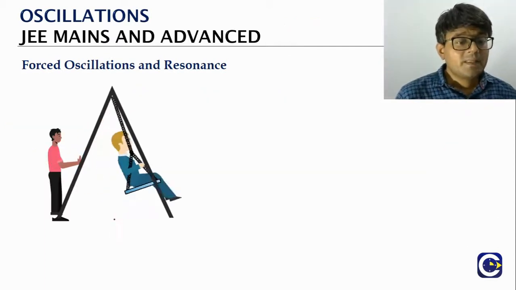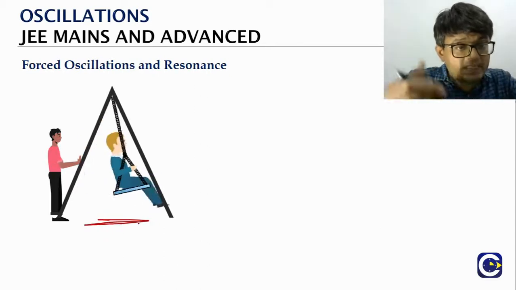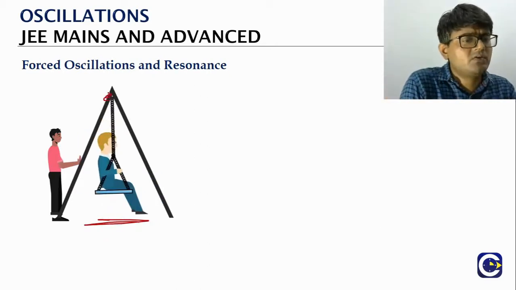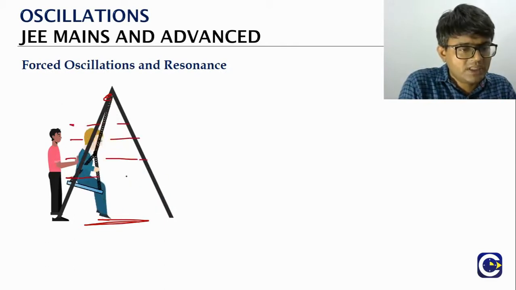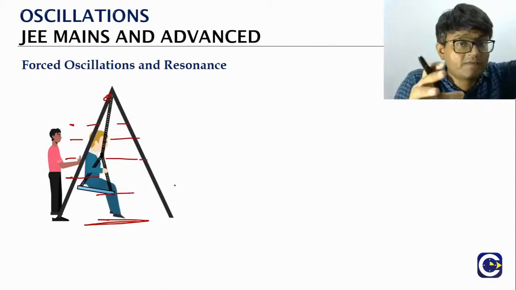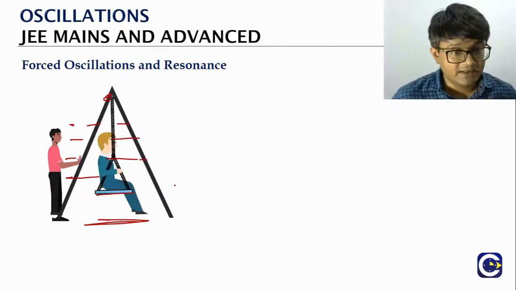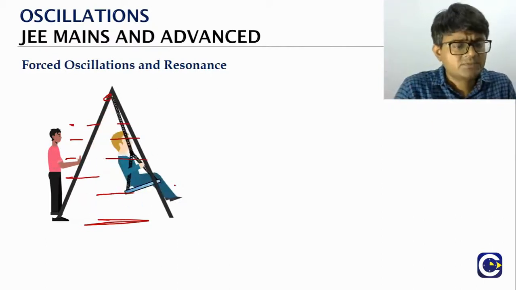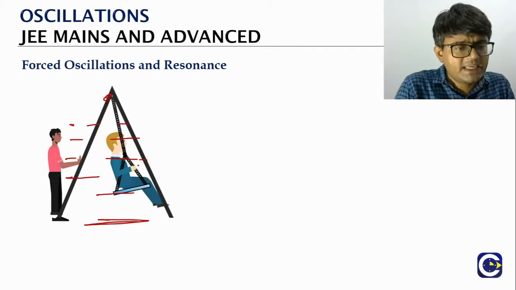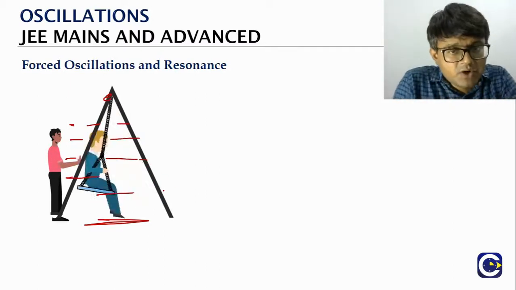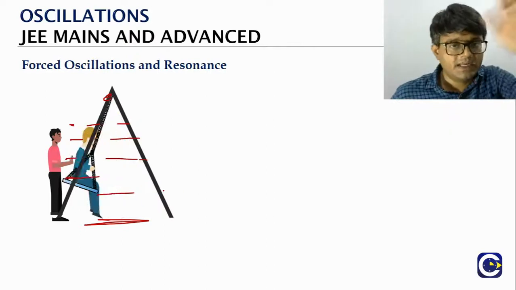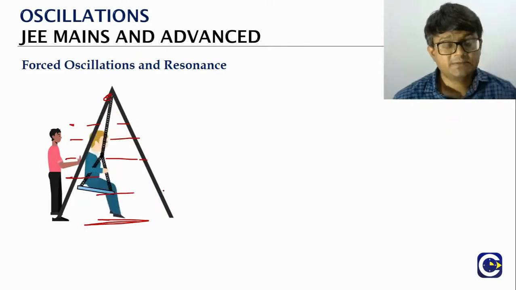Now, as we said before, because there will be damping, if a person is swinging, there is damping. It is not just because of the damping of the medium in which the oscillations are happening. There will be a lot of other damping effects due to the contact points, etc., which we will not cover here anyway. Because of the damping, the oscillation amplitude keeps decreasing over a period. We have seen that already, and the mathematical expression also.